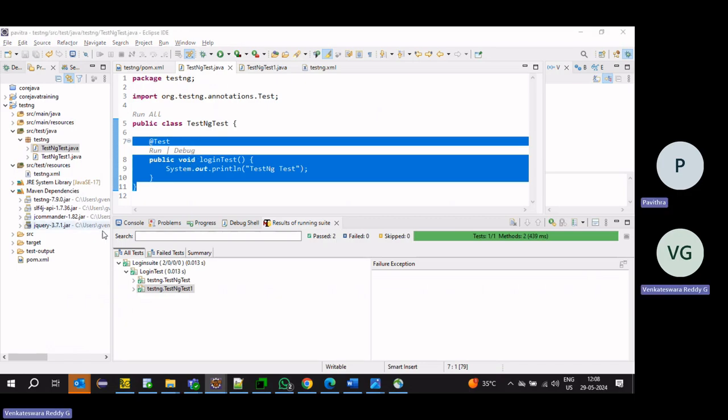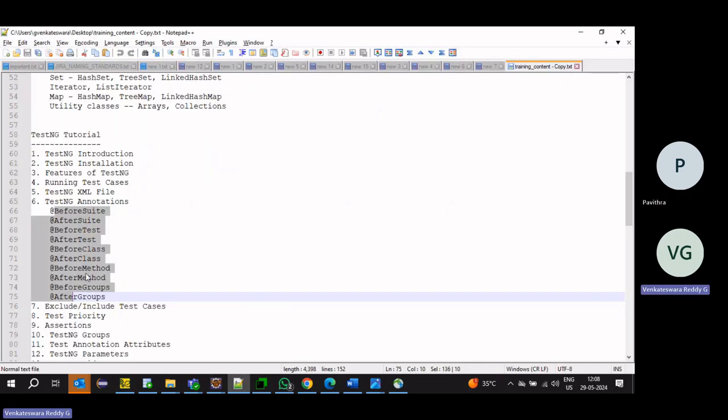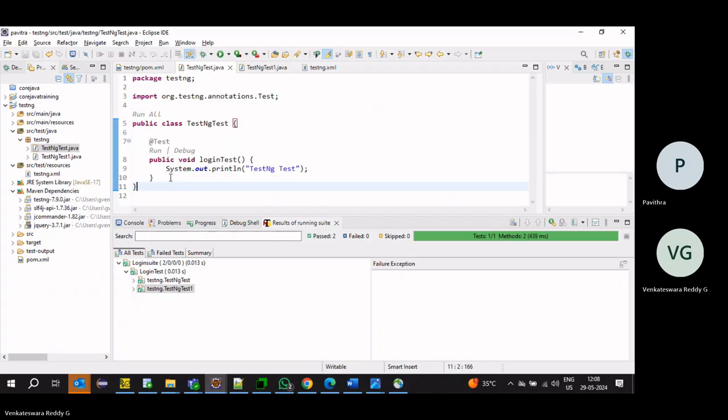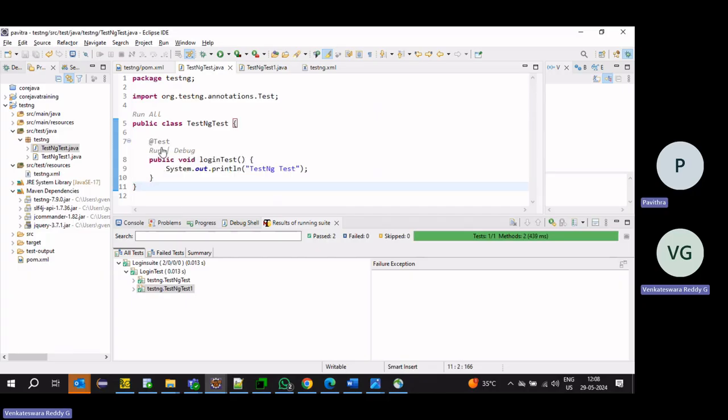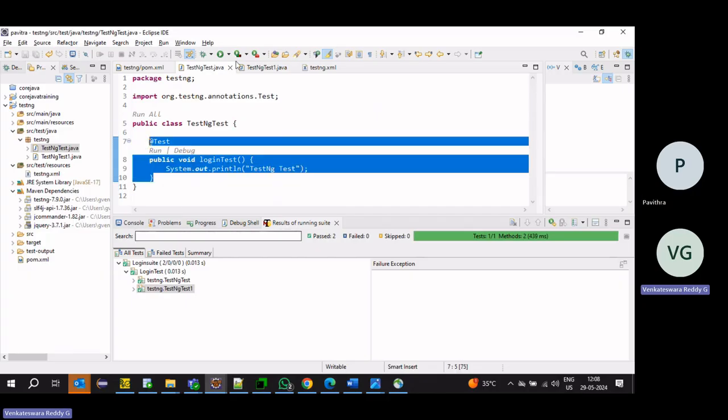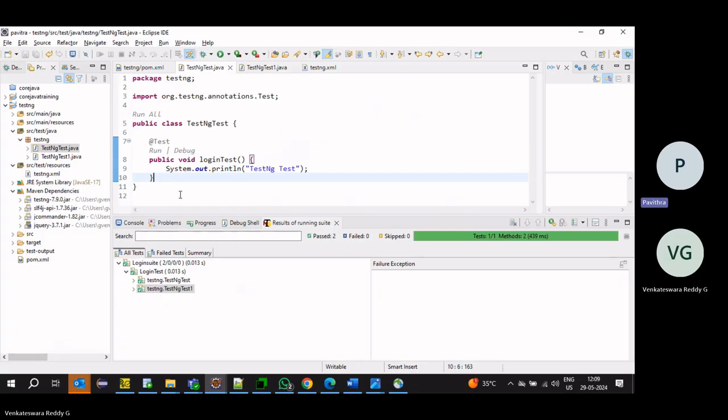After execution of the test case, after annotations will execute. That means before the actual test case starts, before annotations will execute. After annotations will execute once the test case execution is done.